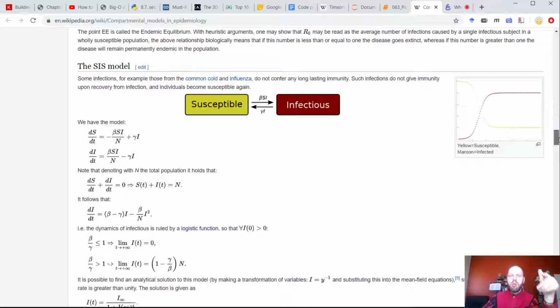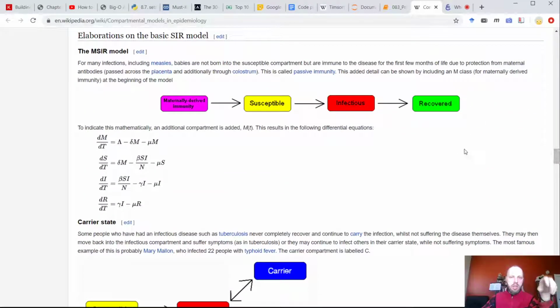That's why recovered may be different from susceptible, or from previously healthy. It's useful if they don't get sick once again. So if there is immunity, we do susceptible, infectious, recovered. If there is no immunity, they can oscillate between susceptible and infectious.